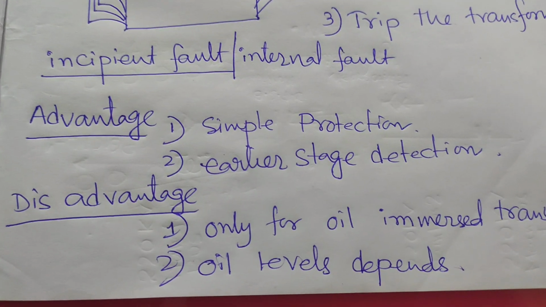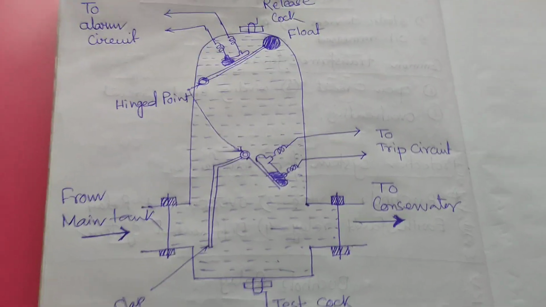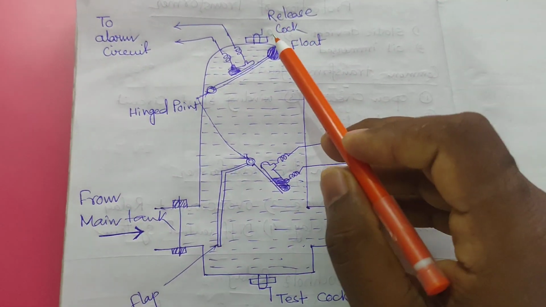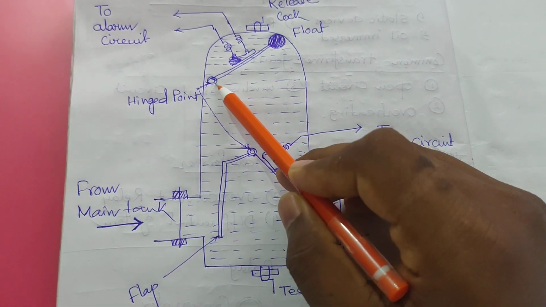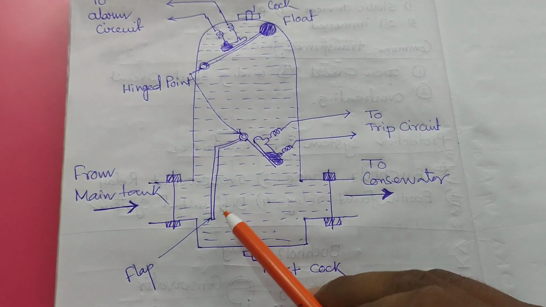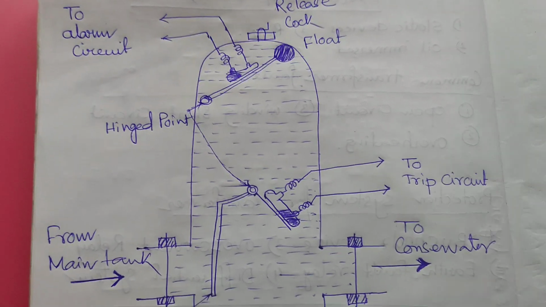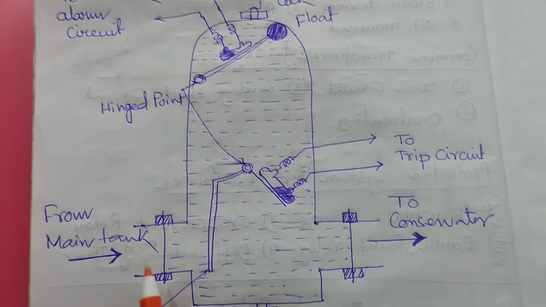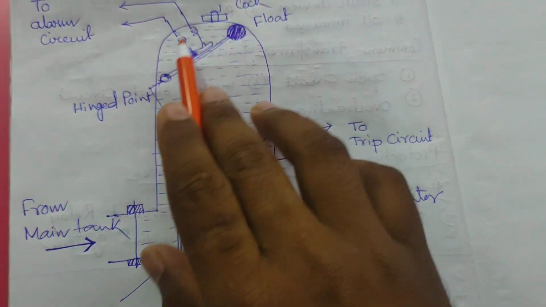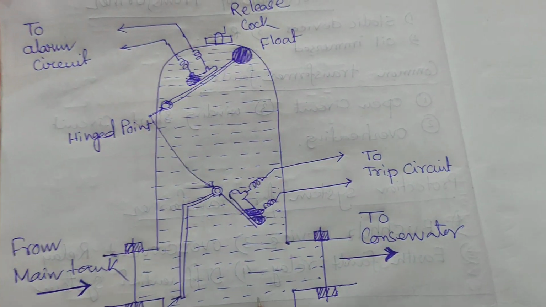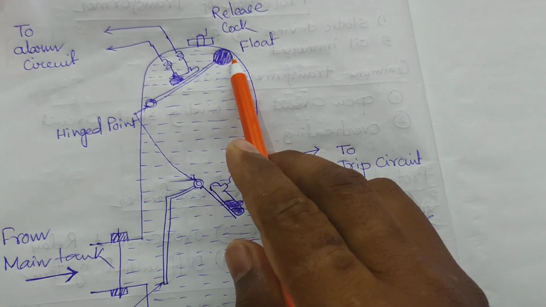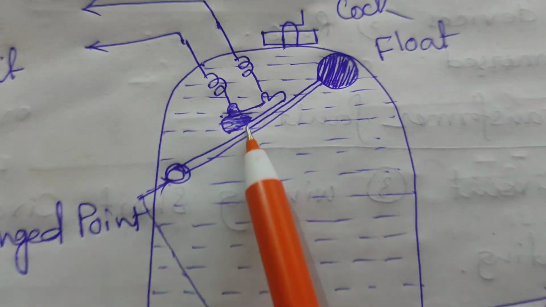Now we discussed the drawing. I have drawn this drawing for your better understanding. This is a Buchholz relay, and inside this Buchholz relay a float is present, with this hinge. This is fixed inside the Buchholz relay, and this is also fixed inside the Buchholz relay. Actually, the Buchholz relay is totally filled with oil from the transformer's main tank, and that is connected with the conservator. Inside the Buchholz relay it is already filled up. When the Buchholz relay is filled up, that float will touch the upper part, and you are seeing the mercury. This is the mercury.